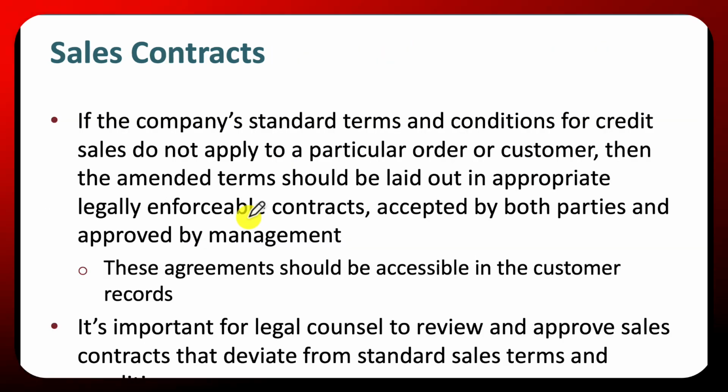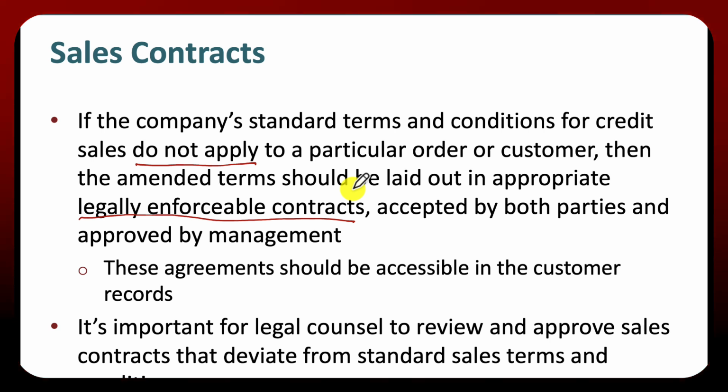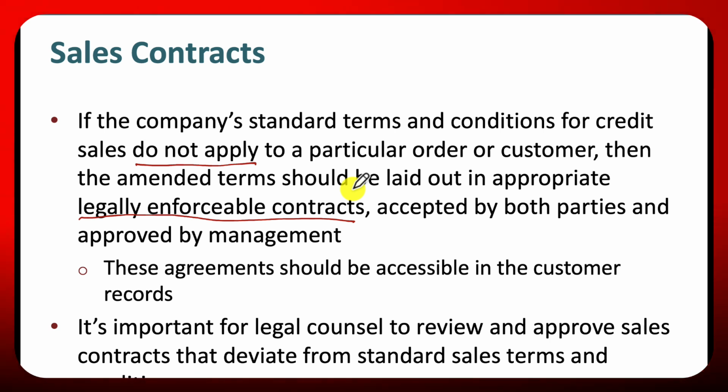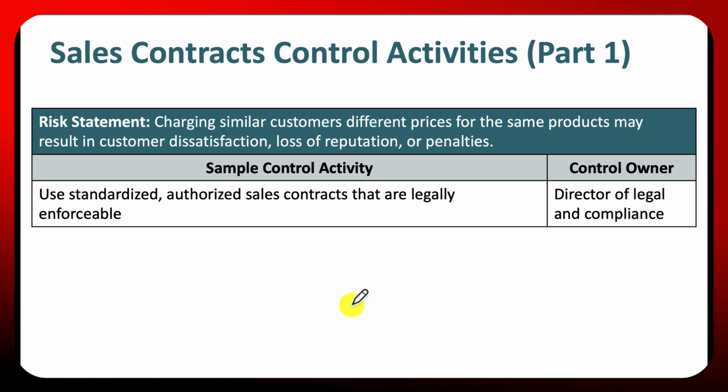Now let's move on to sales contracts. So if a company's standard terms and conditions for credit sales do not apply to a particular order or customer, then the amended terms should be laid out in appropriate, legally enforceable contracts that are accepted by both parties and additionally approved by management. And these agreements should be accessible in the customer's records. It's also important for legal counsel to review and approve these sales contracts, especially since they deviate from the standard sales terms and conditions. So for these sales contracts, the control owner here would be the director of legal or compliance,